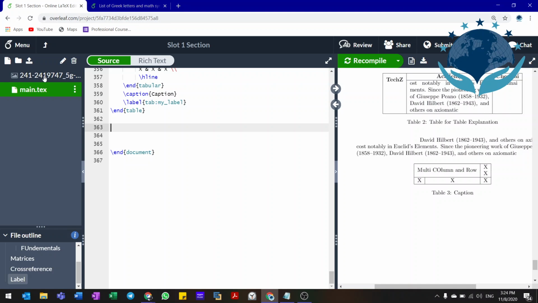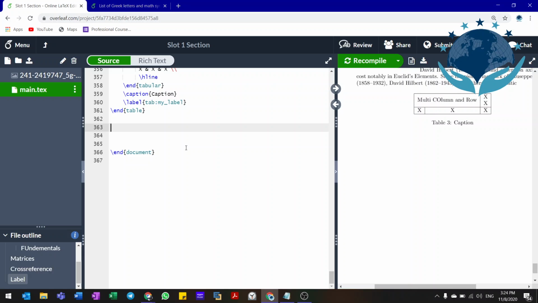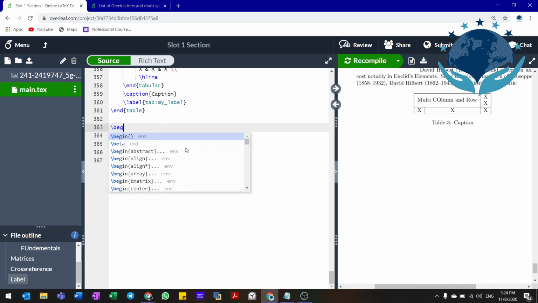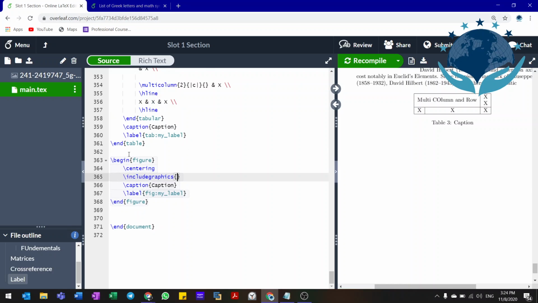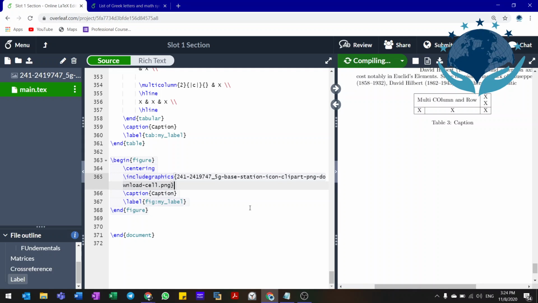Now I have an image here. So now I need to print it over here. For that you can use the keyword called begin figure. If you use it, it automatically creates code for you. Whenever you are using slash begin, you have to end it with slash end. So slash begin and end centering, as I told in the tabular, is the same. And slash include is going to be the new statement for you. I'll talk about it once I start inserting it. So include figure will include the